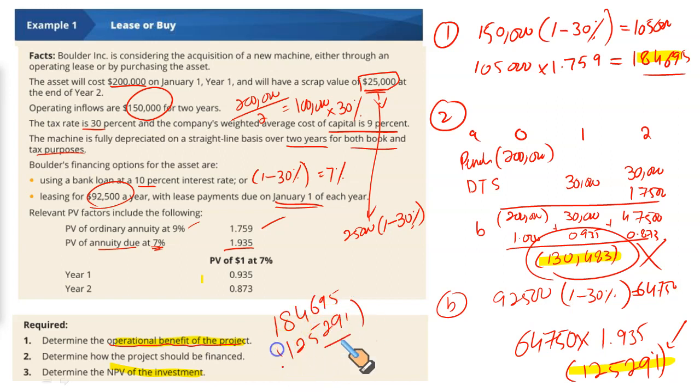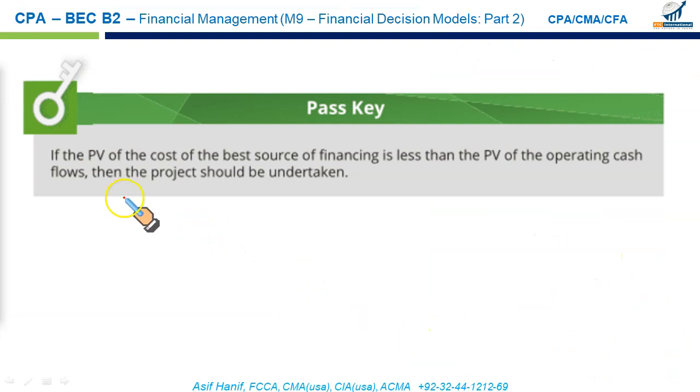What you will get is the amount 59,404. This is the net present value of the investment, and that tells us that yes, you should go for it. You should go for operating lease. That's the final conclusion. Normally, you won't find a question like this in your MCQs, not even the previous version of Becker, not in this one. So that's why we just spent some time on this question here, because you won't find it anywhere in the questions.